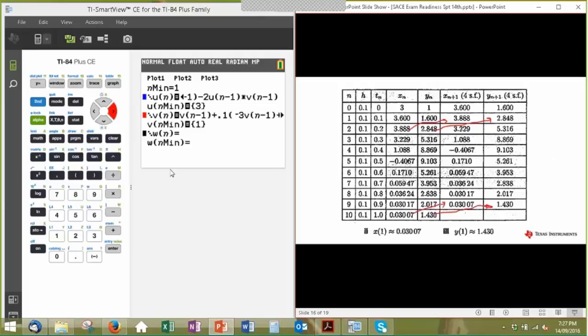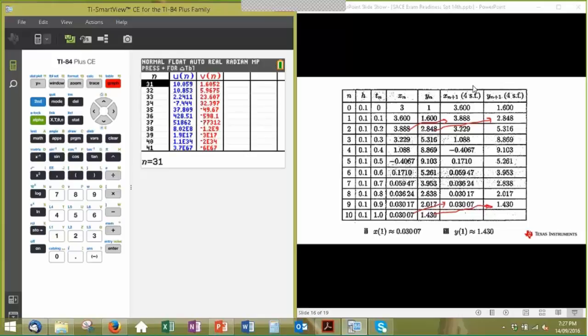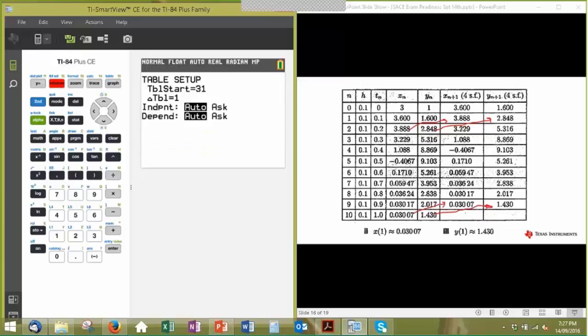Now where does that actually come from? Well, if we go back over to the calculator, once you've finished your sequence information, you have to go to either graph or second table. If you go to second table, it's now working on it quite slowly because it's reasonably complex, and it'll come up with a table of values sooner or later. Of course, the question asks for these bits as well. Now, I just might go to table start, I'll make that number 1. Second table, go back and do that again.